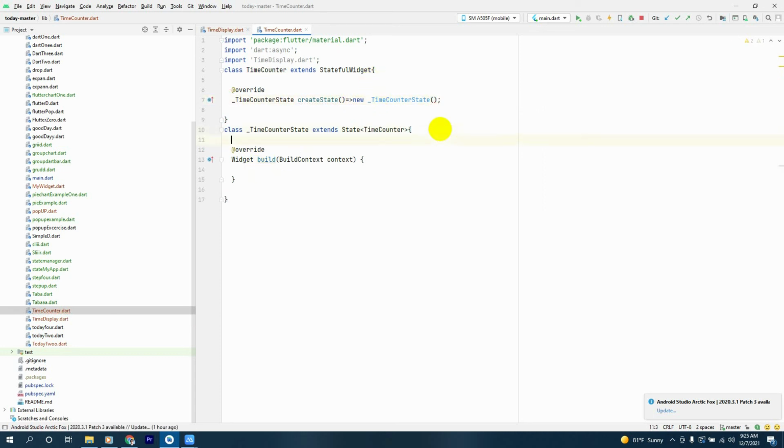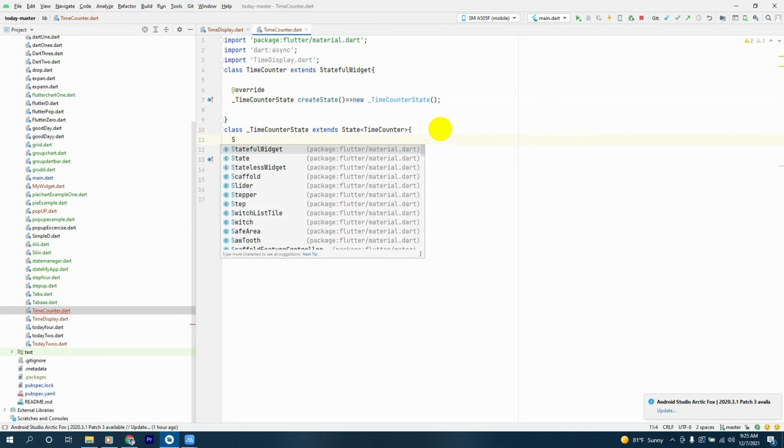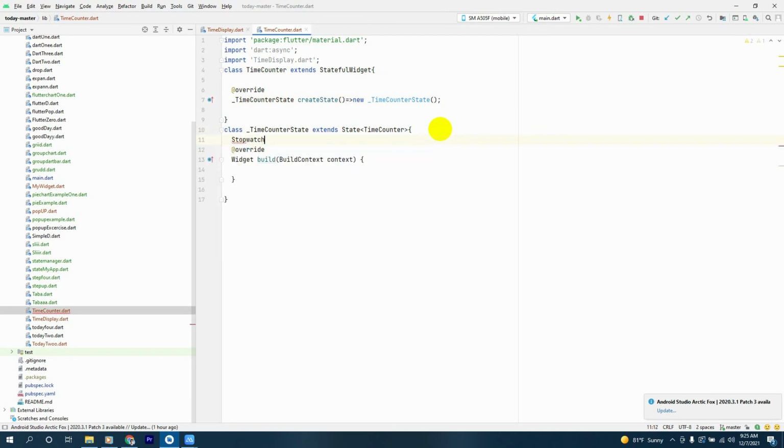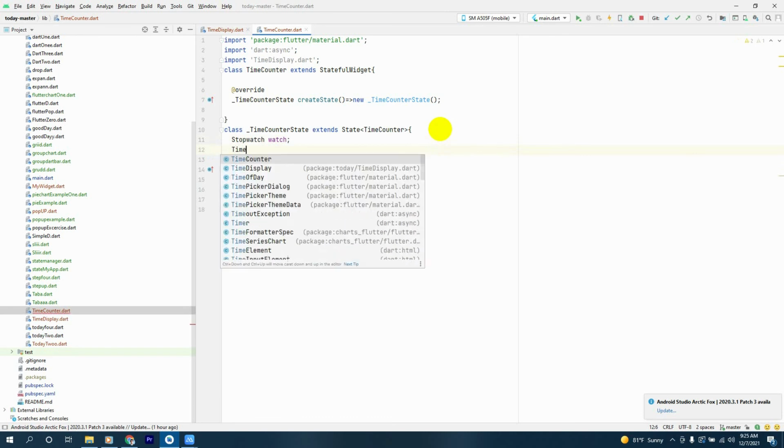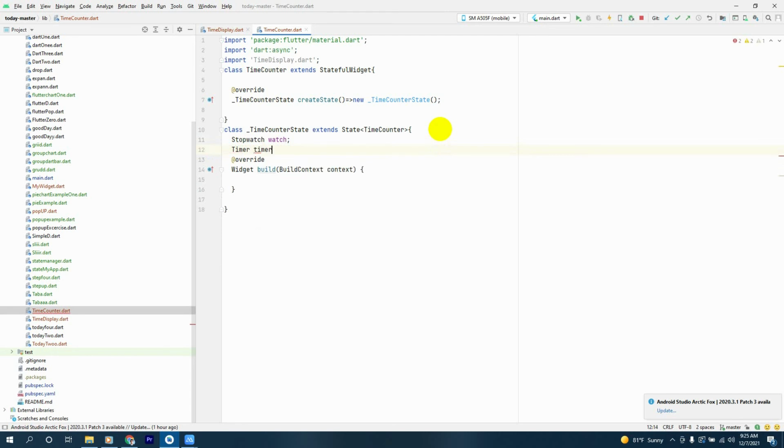Okay, next thing, we'll have a stopwatch called watch, and we'll have a timer called timer, and we'll have a duration called duration, and we'll have a void on start,